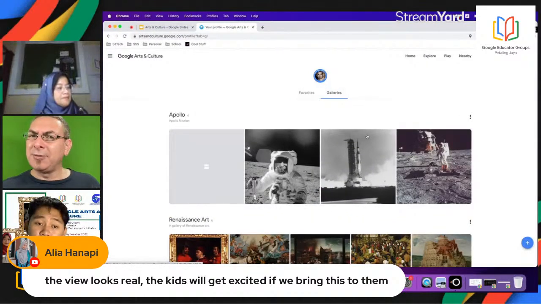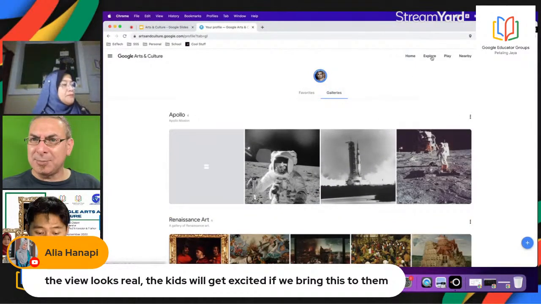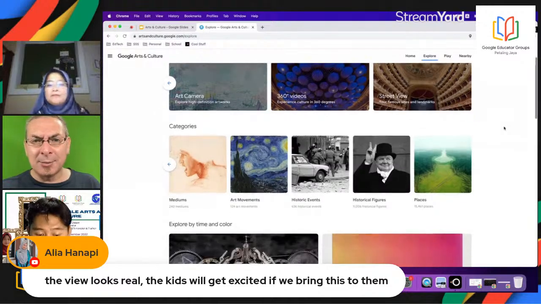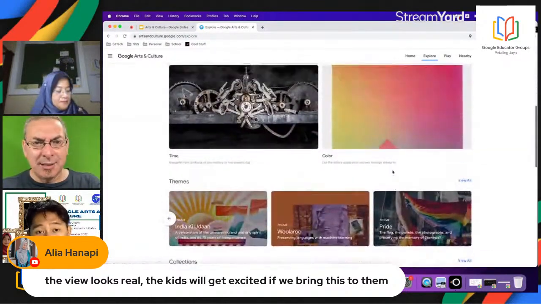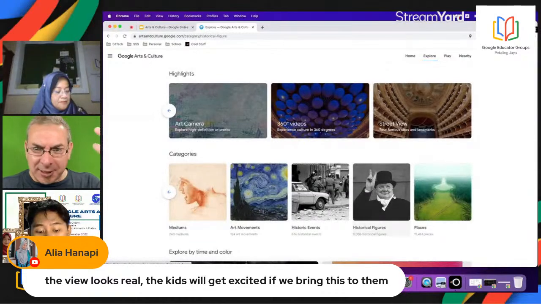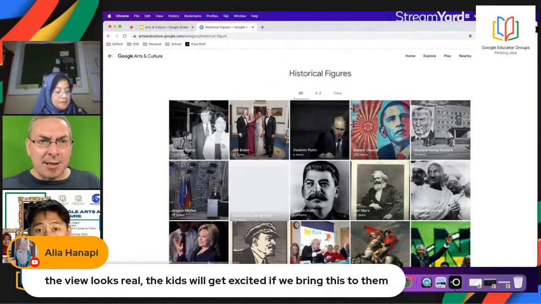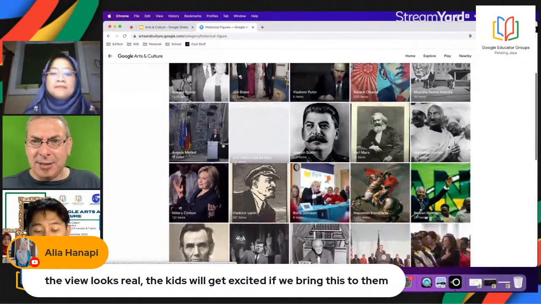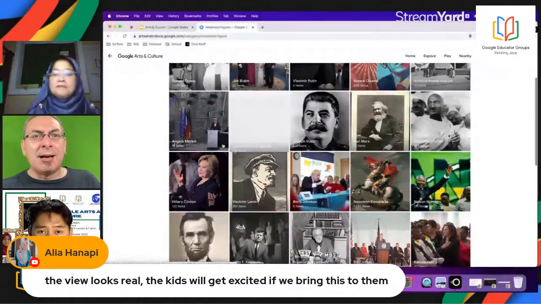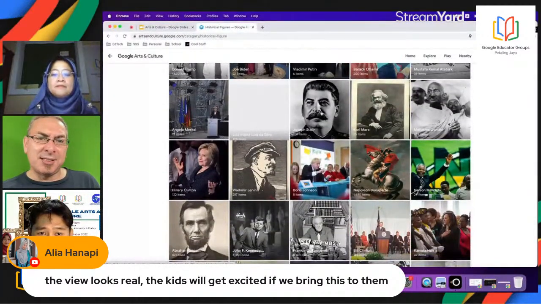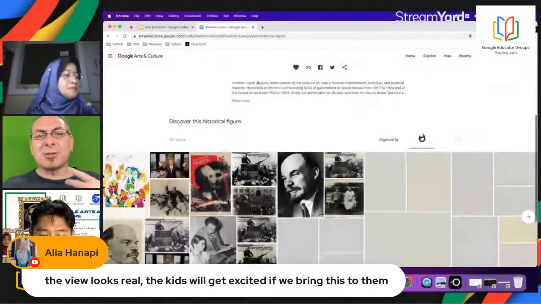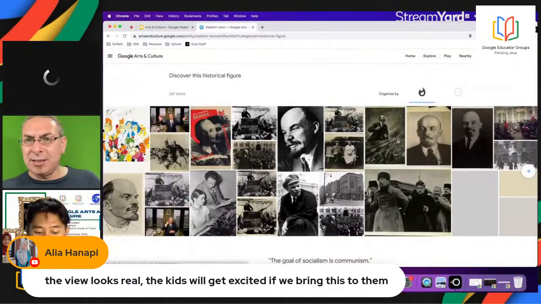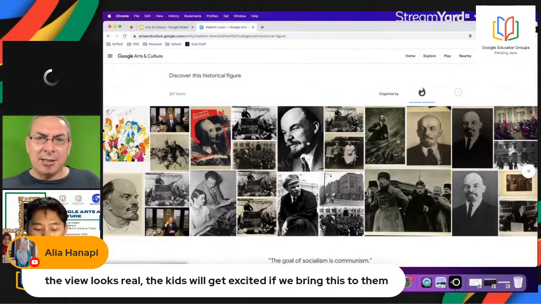The galleries are really for photos. So let me go to explore. Let's see, let's go with historical figures. Oh, look at that, Vladimir Putin. Sorry. I'm going to be teaching about Joseph Stalin, and I'm going to be teaching about Vladimir Lenin, actually. So let me click on that. I'm going to scroll down, and I see all these different images of Lenin. So I'm going to tap on that,